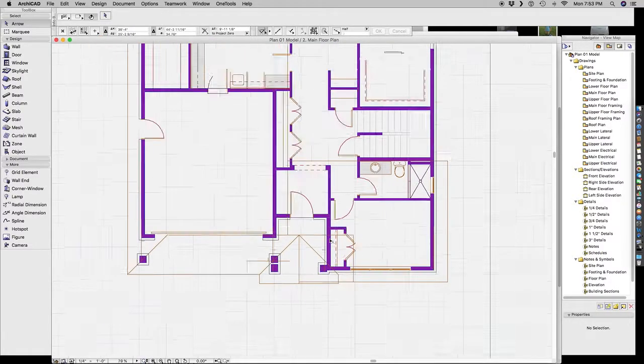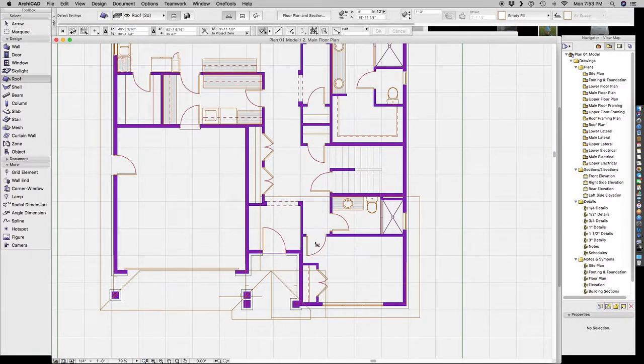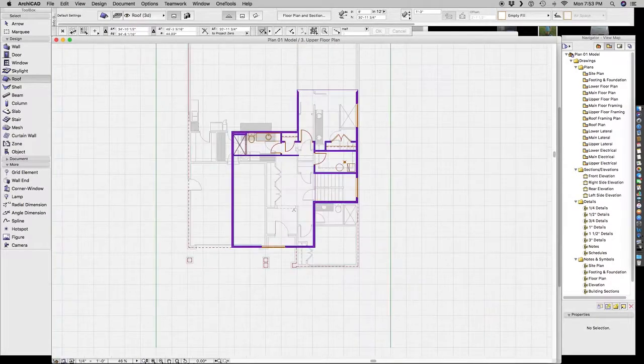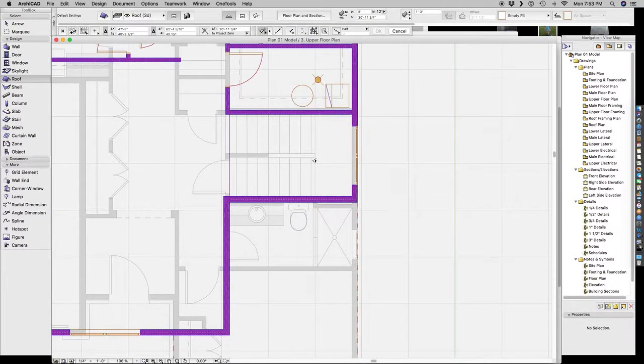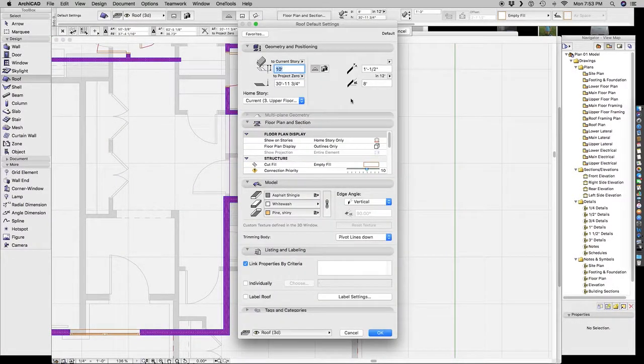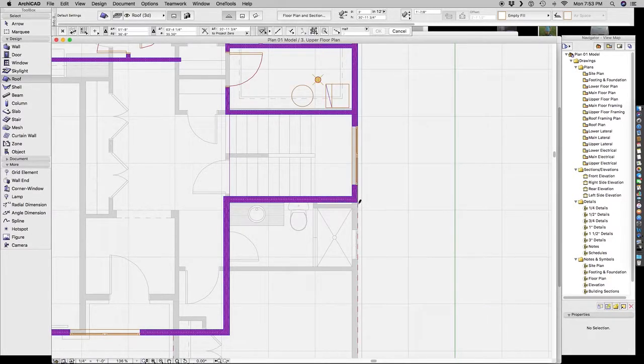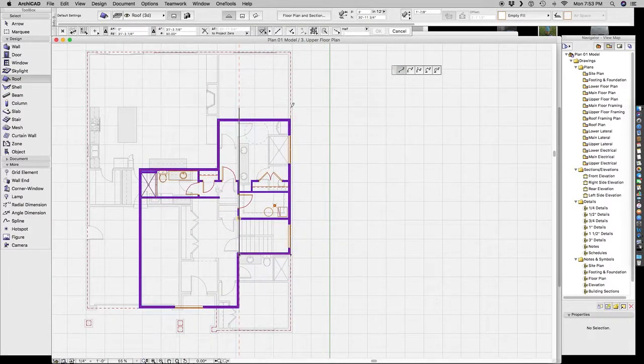So let's go back to our 2D, and we are going to come up to our upper level here, and on this upper level, this entire element is going to be a low slope roof, and we'll actually go into it, and we're going to set it at 3/12 and just start right here, push it all the way over to here, and then we'll select that again. There we go,